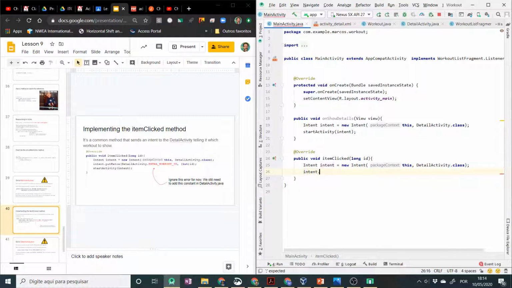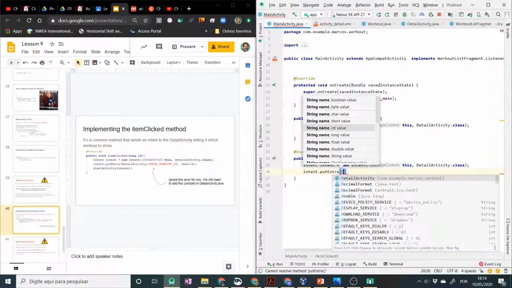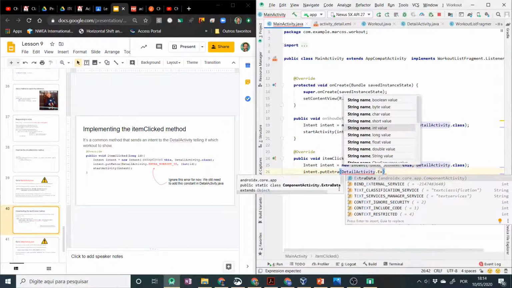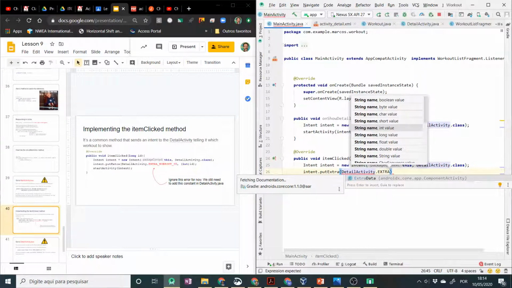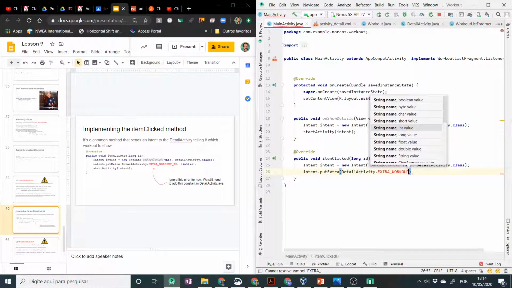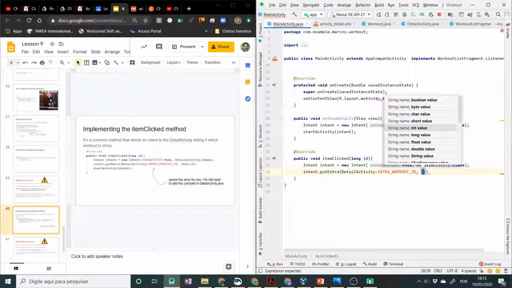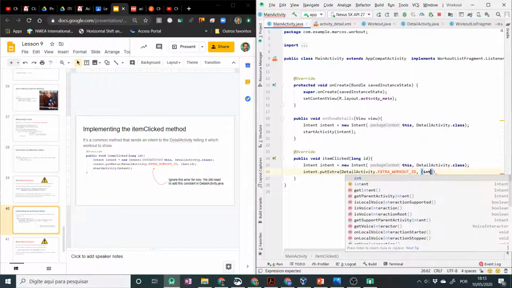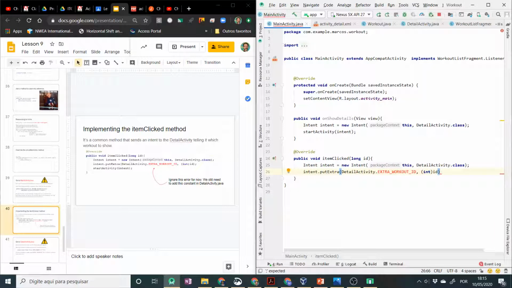Okay, nothing new here. We're working with intents like we have been forever. Count. Okay, error showing, just as expected in our slide, and ID. So now we fixed that error we had up there. Now we have a new one. Let's fix that